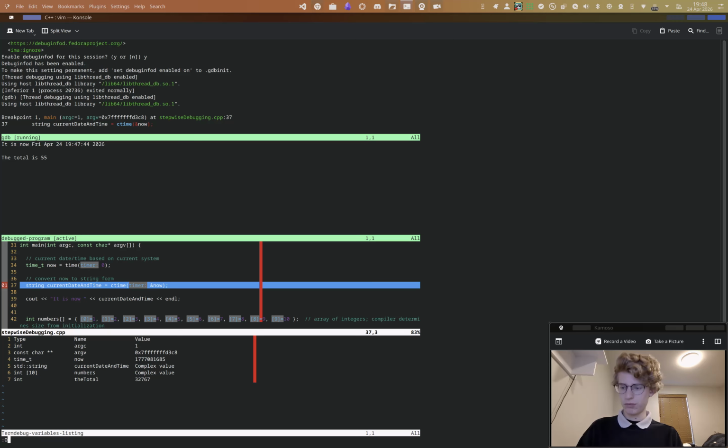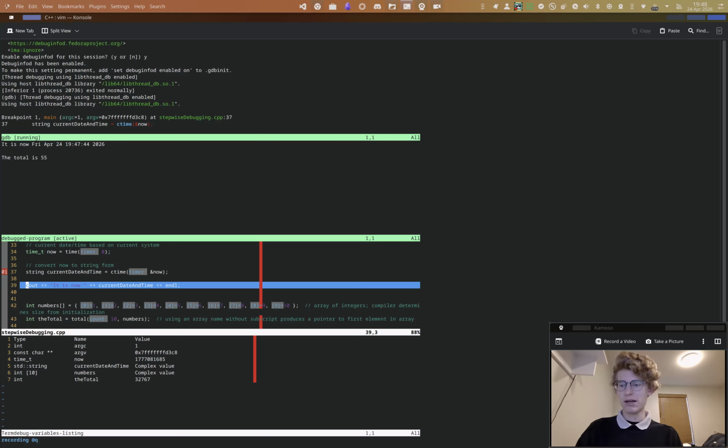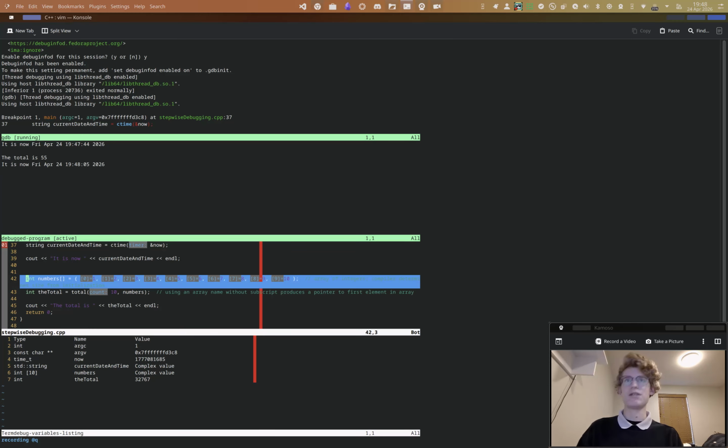Okay, looking good. Step over, and to this point, it's just run the code before line 37. And with this, when I step over this line, it'll execute that and go to line 39. So if I step over again, then I'll find myself on line 42. It just executed the previous line, so I am going to do that once more,